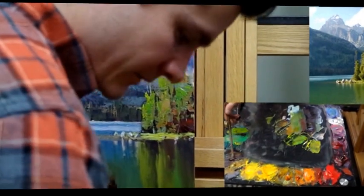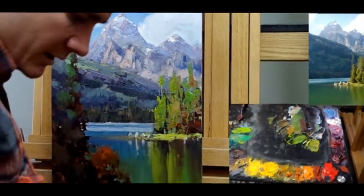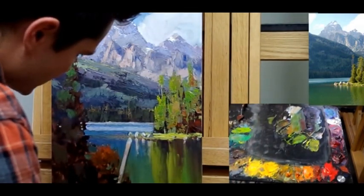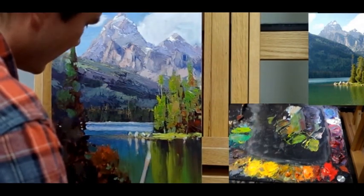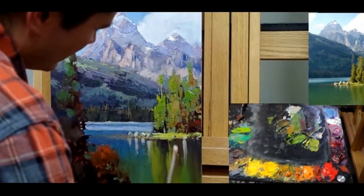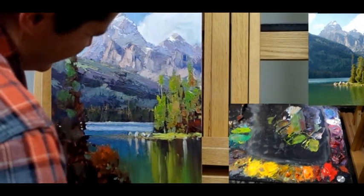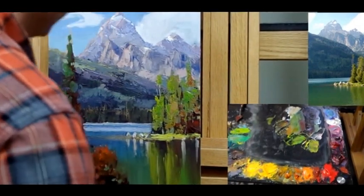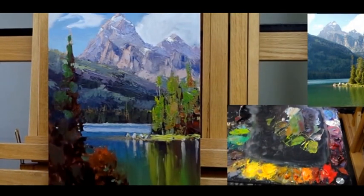Then I want to come back in with those rock colors, and bring some fresh paint down from those. Maybe even some of my tree trunk colors. Now once I've got all wet paint and all the values that I want in this foreground all pulled down,